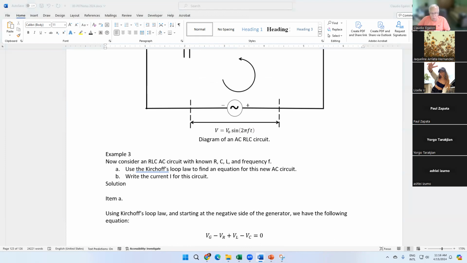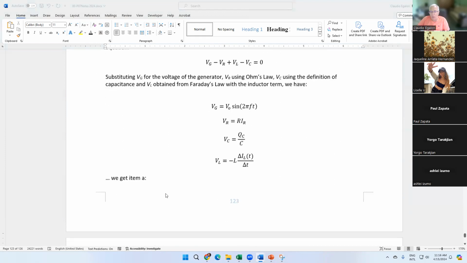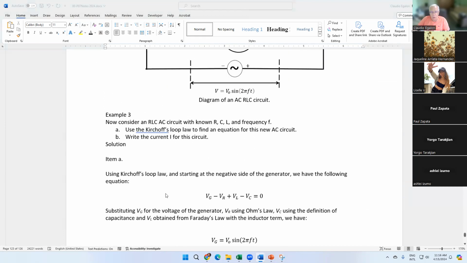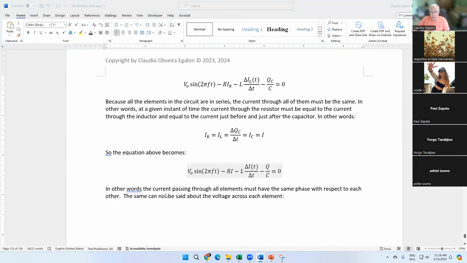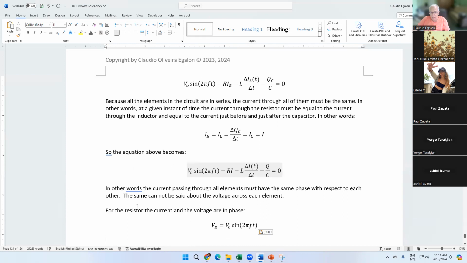We already know that the voltage across the resistor is in phase with the current in the circuit. We already know that. And even more, let us write also the current across